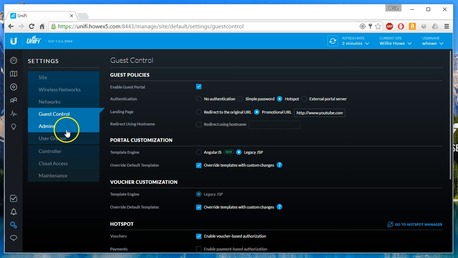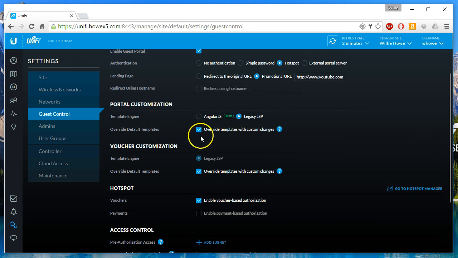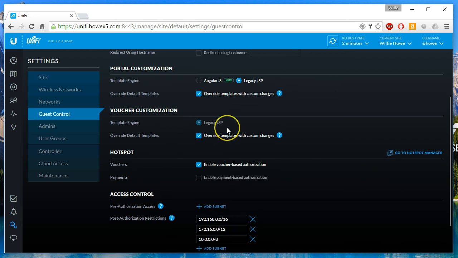On to our guest control. So you can see that I do have the guest portal enabled. You can do a lot of customization with this, and each site can have its own portal. Right now I'm just using the hotspot. You can have no authentication. You can require just a simple password. You could hand this off to an external portal server like a ChilliSpot server. For the landing page, you can redirect to the original URL the person was going to, but I forced my kids to go to my YouTube channel. You can also do a redirect using hostname, and then further down, this is where you get into the portal customization,